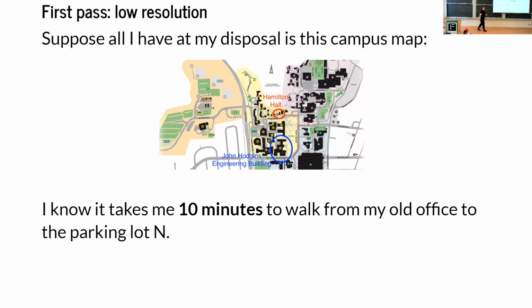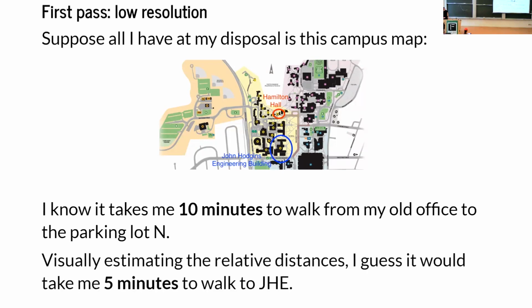So if I eyeball that distance, now I'm standing on my tippy toes, and try to figure out what proportion of that 10-minute distance is that path, I might have an okay guess. So I think, well, that first distance is 10 minutes. The second distance is about half that. I'm going to say 5 minutes. Okay. And that might be good enough, but I'm lecturing, so I really don't want to be late, right? So I have a first guess.